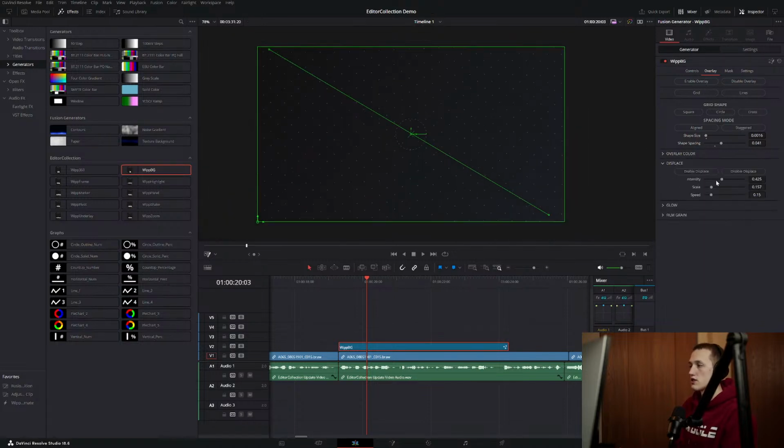And we can also customize the displace, or just turn it off if you'd like. If we bring up the intensity or the scale, it'll customize how it actually looks. It's all animated right by default. We have the option for a glow. That can be kind of cool. That's actually what I did for